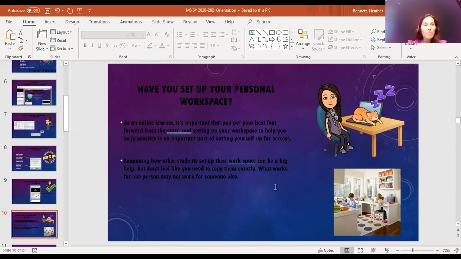We don't all have big enough homes for a little office or a desk area, and that's okay. It does not matter. The important thing is that you have a space that you can go to and bring your materials to. Having your materials gathered and knowing where everything is is super important so that you're not searching for things when you really need it. I know that when I'm in the middle of working on something and have to stop and search for it, it's really hard to get back into what I was doing. So make sure that it's all in one area for you.